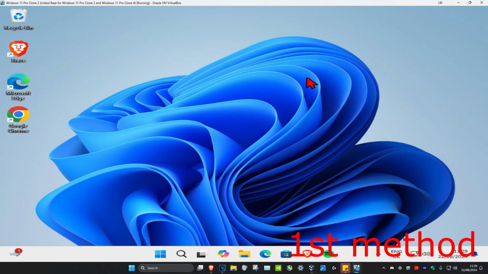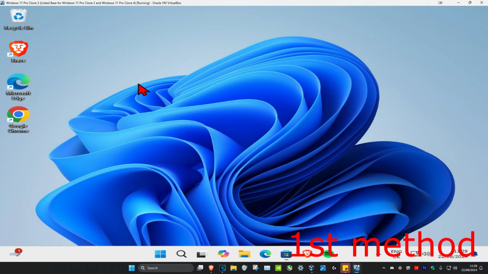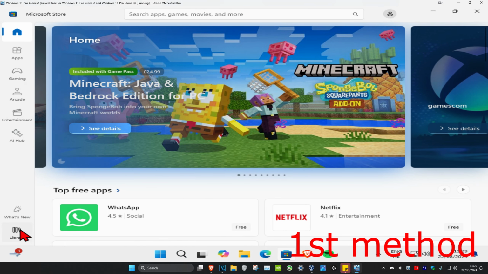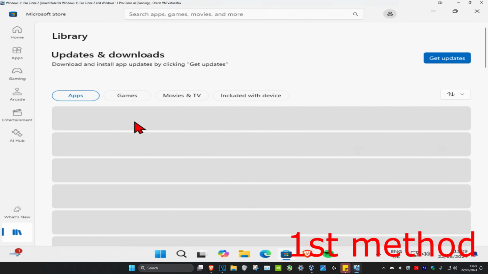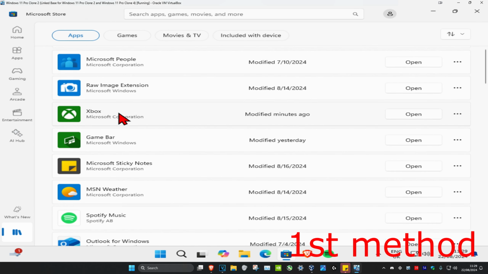So guys, for the first method, you want to head over to search and then type in Microsoft Store. Click on it. And now once you're on this, you want to click on library in the bottom left. And then you want to click on get updates. And if the Xbox app has an update for you, then it will tell you, then you could do the